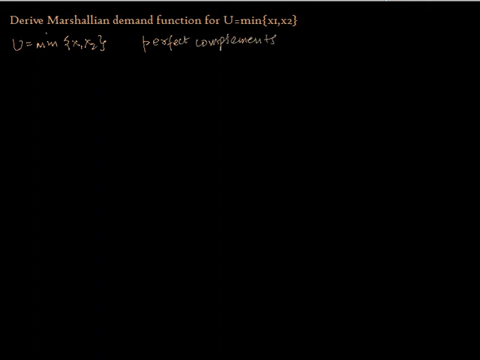Perfect complements could be like, say, left shoe, right shoe, car and petrol, etc., etc. Now, the other point is that these goods are always used in fixed proportions. So these are the things which we have to keep in mind, that these goods are used in fixed